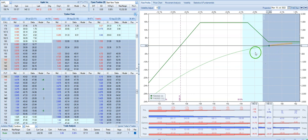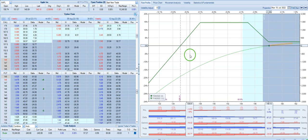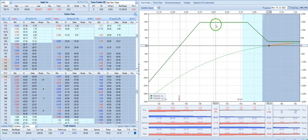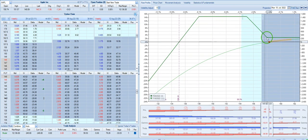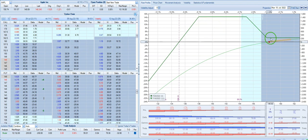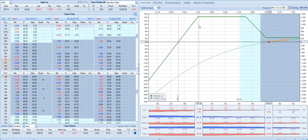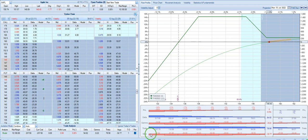And if Apple is somewhere inside 145 and 138, obviously, this is going to be a real profitable trade, as the put debit spreads are going to be in the money, worth the difference between strikes, which is about 3 points. And the 138 put is going to expire worthless. That's my trade for now. I'll post an update if there are any